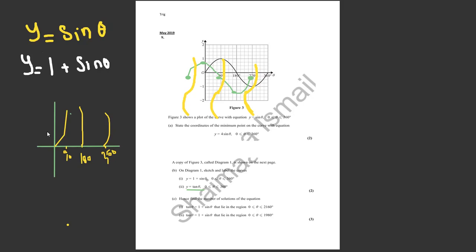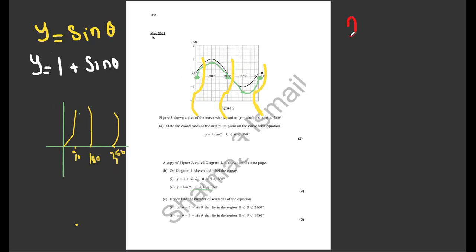What we do is see how many 360s are in 2160. So on your calculator, we divide 2160 by 360, and you will find that we have six